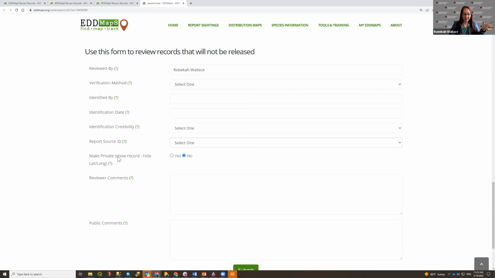I mentioned private earlier. If Tristan had wanted this record to be private, so the coordinates are hidden from the public, this would already be selected to yes. As it is, he said no, the record's coordinates can be known, so it's selected to no. But I do have the option as a verifier to select yes if I deem it to be appropriate.